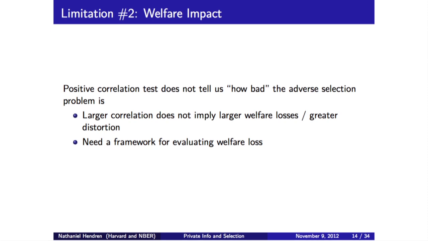Yeah. It's very concerning when you run a test which doesn't allow you to compare across two tests, right? So a positive correlation test in principle doesn't actually let you compare two groups of people and say this one's worse than this. All you're doing is rejecting the null in one and not in the other, but you could still have a higher amount of welfare loss from adverse selection in one than the other. It could just be the sample size is driving your estimates of the p-values.